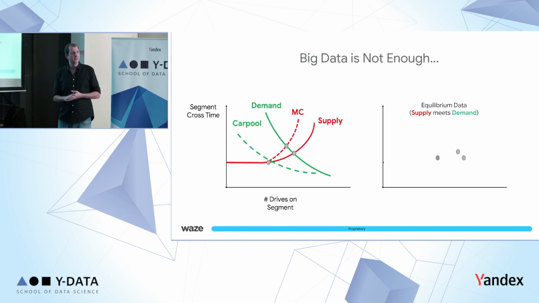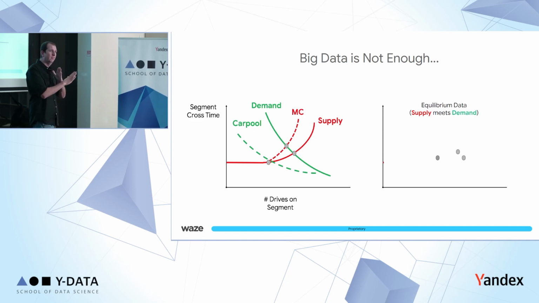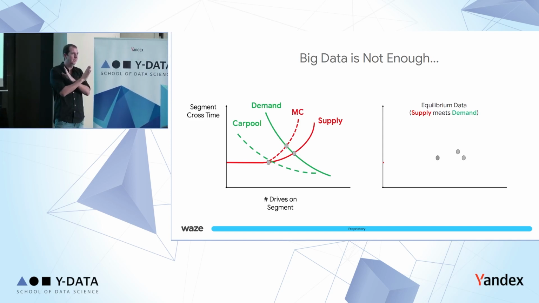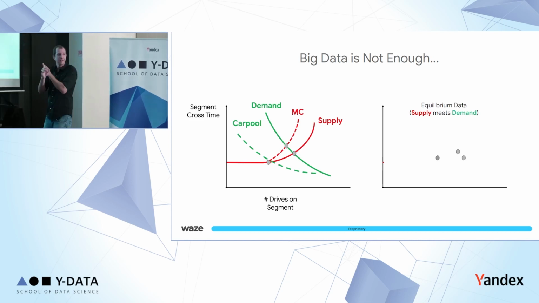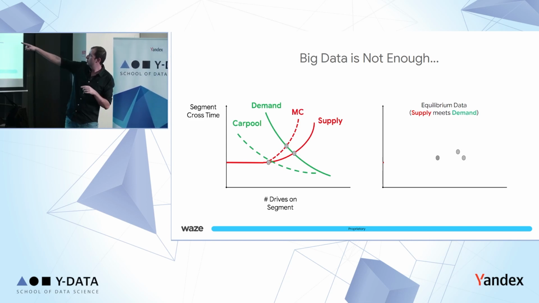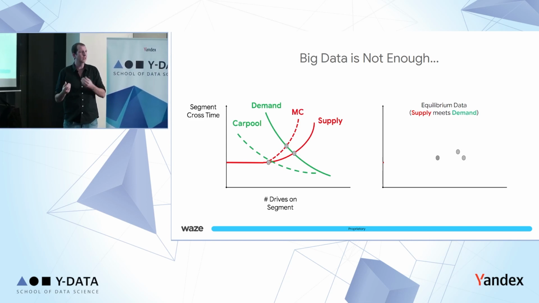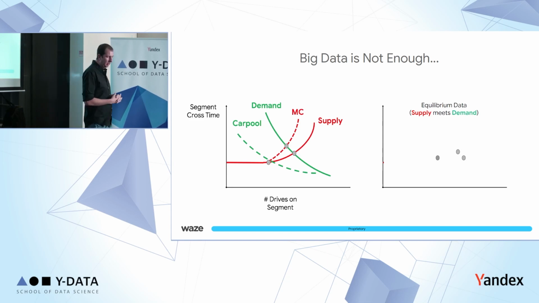Even when you have real-time data, even if you have big data, this is what you see. You see equilibrium. If I tell you this is the supply and this is the demand, maybe it's the other way around, that's up to multiplying by -1. So that's the dots that you see. You only see equilibria. That's the dots when supply meets demand. If you look just at where supply meets demand, what will you see? There's no relationship between people's affinity to drive and when they take their car versus what the physics of the road is. So yeah, it looks tough even when you have big data.